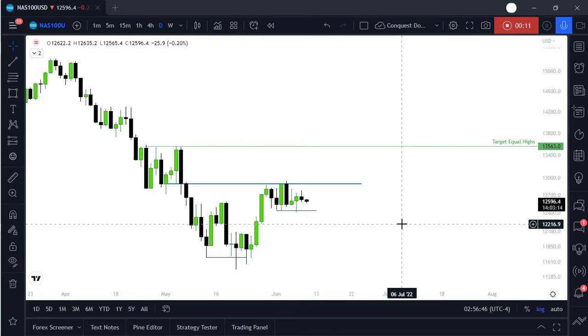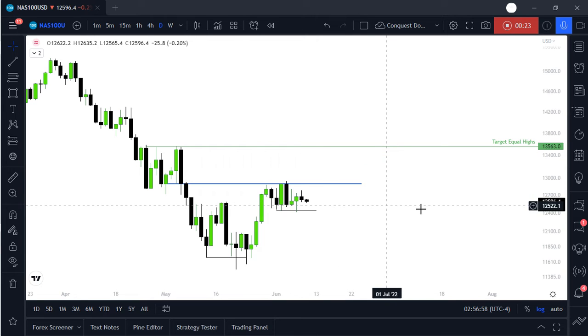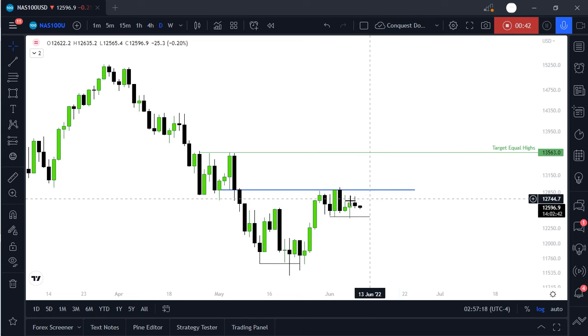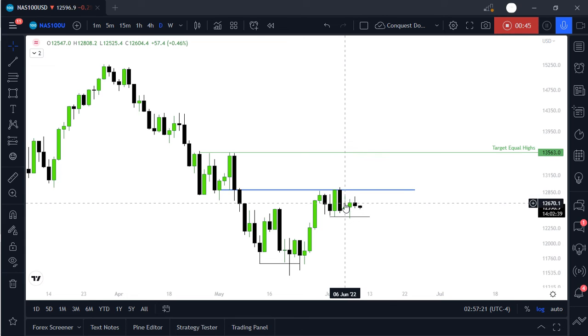This is the 9th of June 2022 and we're presenting to you a live chat of the NASDAQ 100. So getting into it guys, from our forecast on the previous day, I did forecast a bullish day and I did forecast the closure and completion of a swing low right here. I did expect price to rather close bullish, but then price closed bearish, and our bullish move attacked the previous day's low, but didn't take out